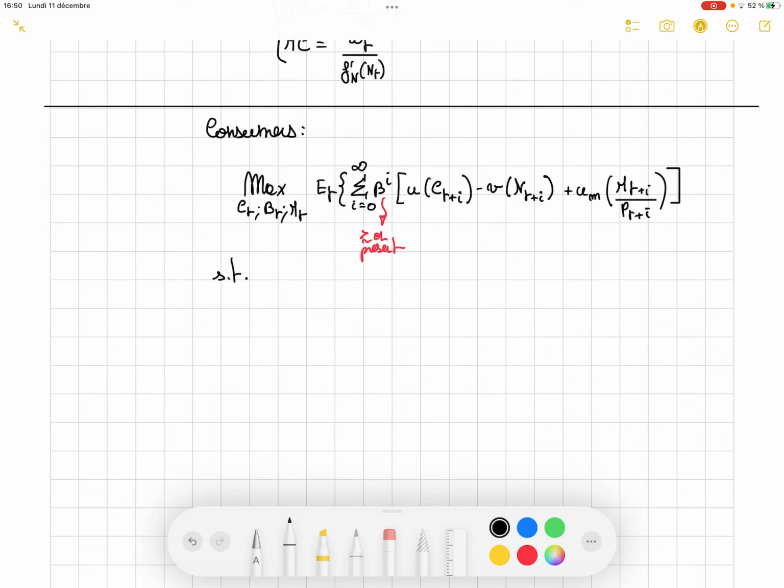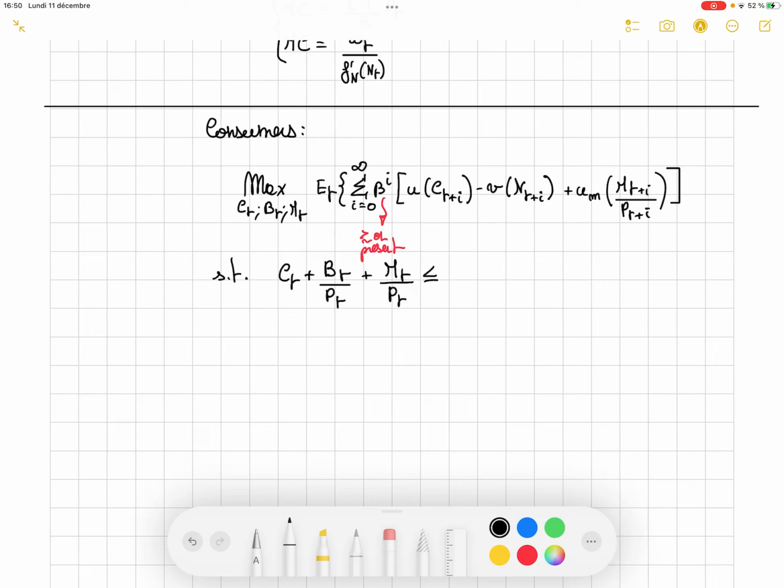We have now the income constraint. From the income constraint, our consumer can either consume his income, or buy bonds, or keep some money. We will consider everything in real terms here, so I divide everything by PT. Yes, so those are the three things our consumer can basically do.